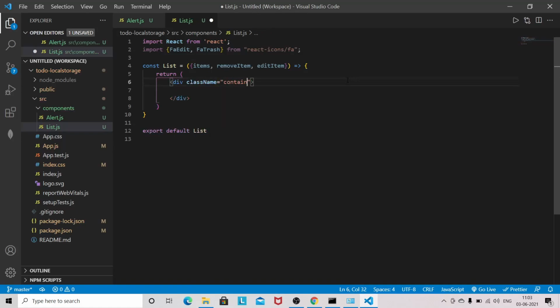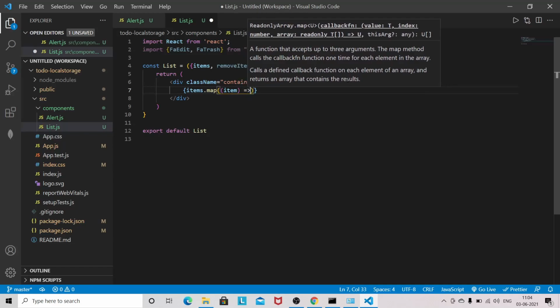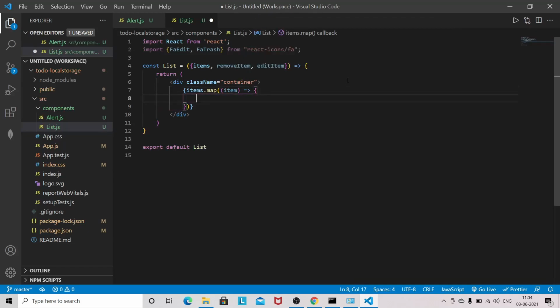So this is the bootstrap class name. Okay, so you don't have to worry about that. And items.map item, and from item I will destructure ID and title.